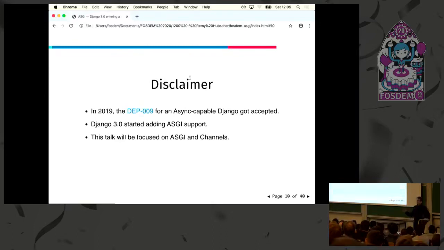So all this is really new. DEP 009 is from 2019. So Django 3 is the first version of Django that supports ASGI directly inside Django.